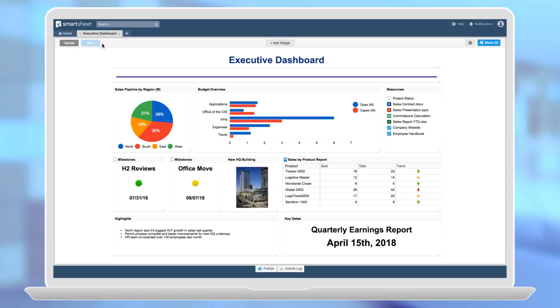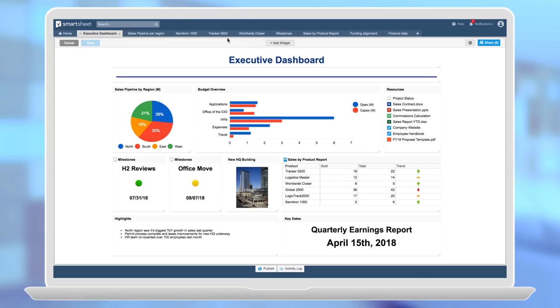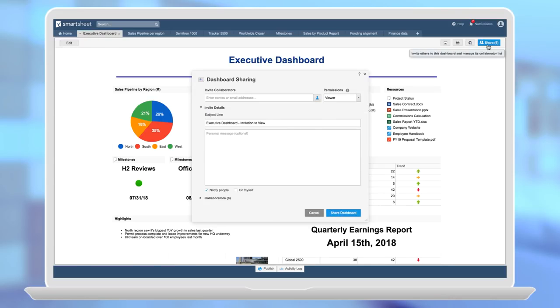There are two permission types on dashboards: admins and viewers. Viewers can simply consume the information on a dashboard, while admins can create and manage the content. Admins can add, edit, remove, rearrange, and resize widgets. Admins can also share dashboards with team members and stakeholders. Sharing a dashboard with someone as a viewer enables them to view but not edit or share the dashboard.